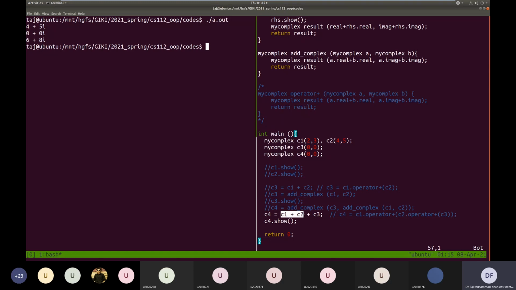be the left hand side argument for this call to operator plus. Okay. And since this function operator plus will be called for the left hand side, it will be called for this result object. Okay, so this operator plus will be called for the second time. It will be called for the object that was returned by the first call to operator plus as a result, and then C3 will be passed to it as argument, because C3 is the right hand side. So that's why, since C3 is 0, 0, it gives us this 0, 0 as argument.